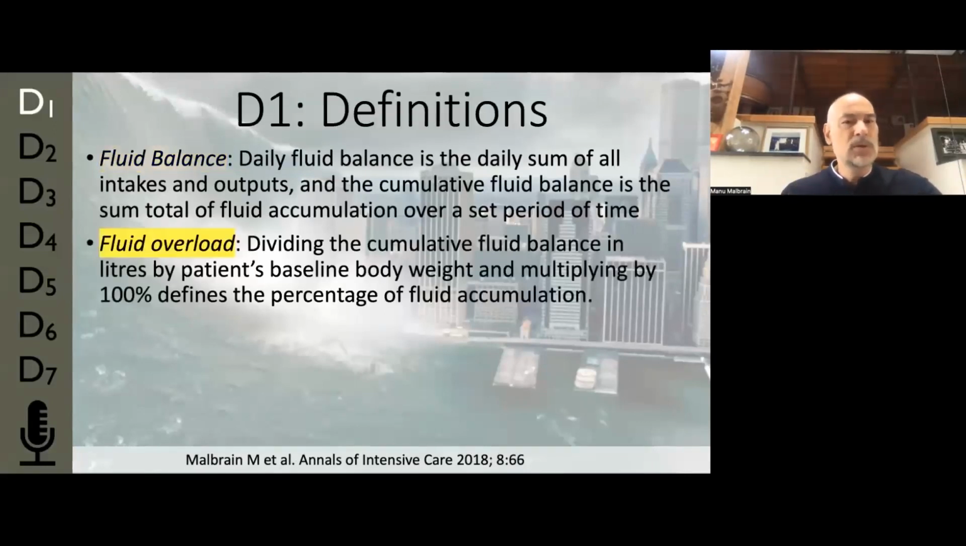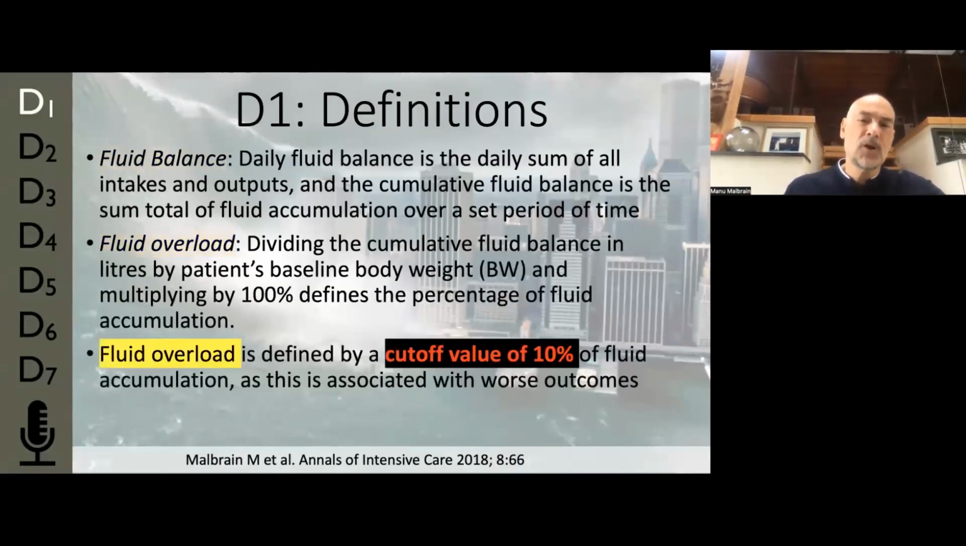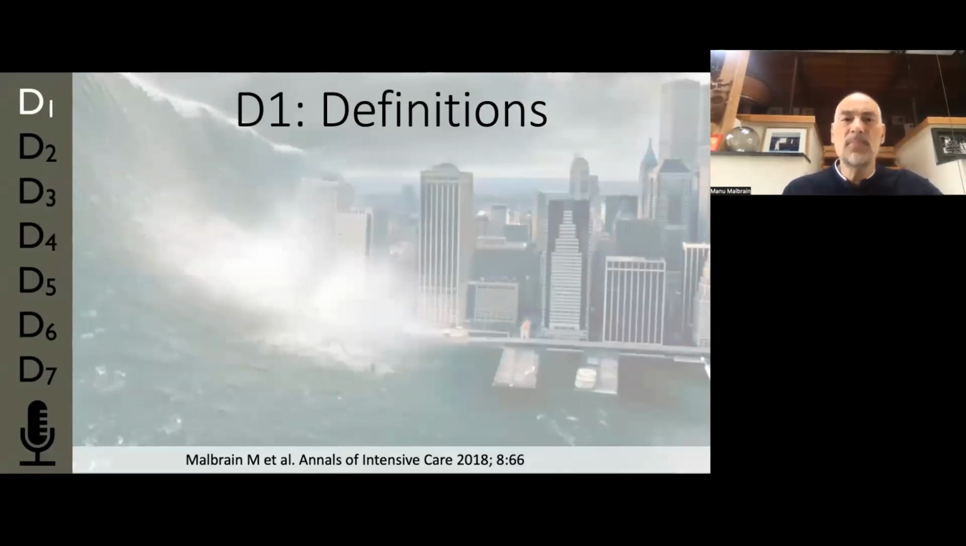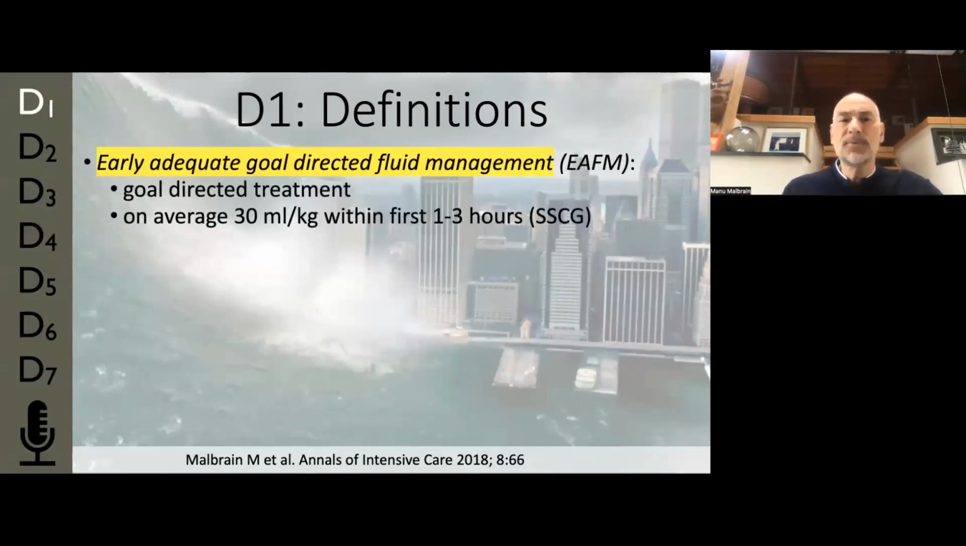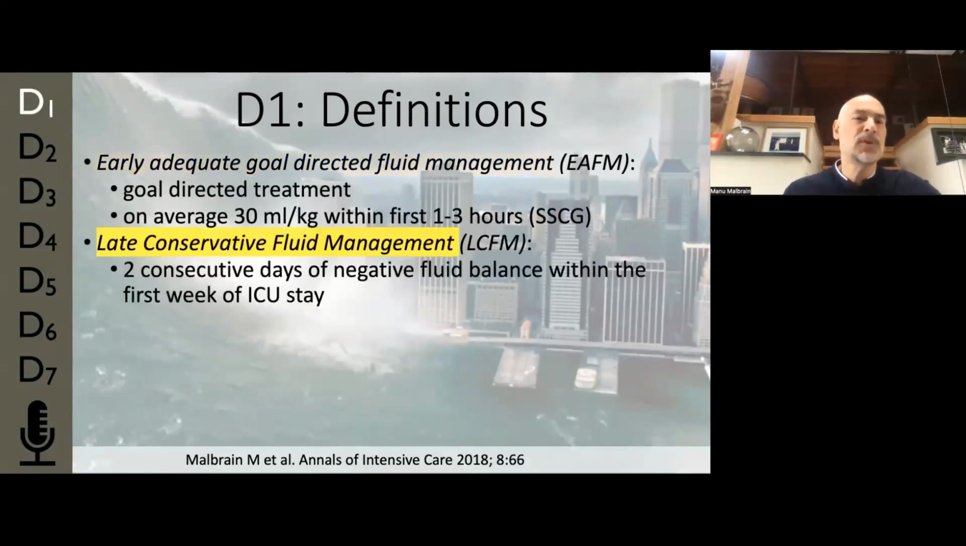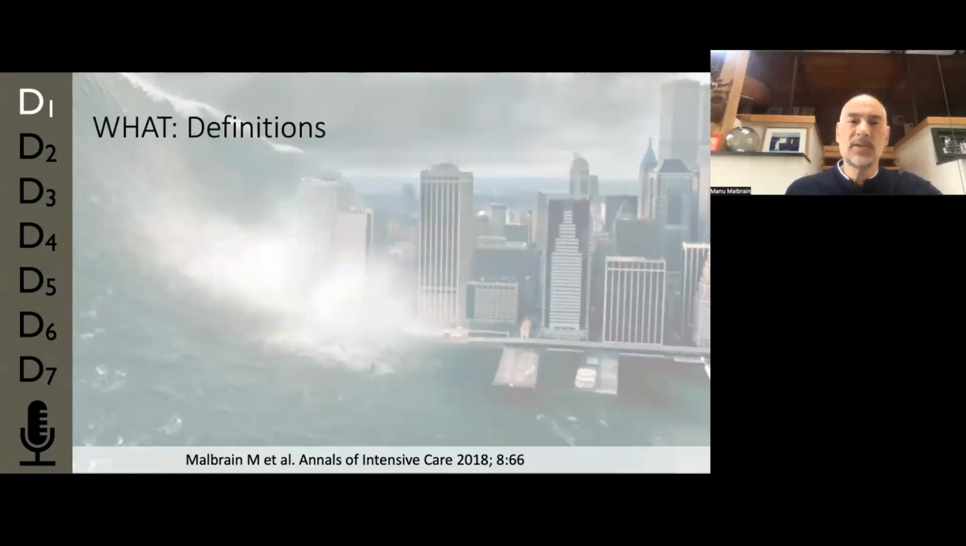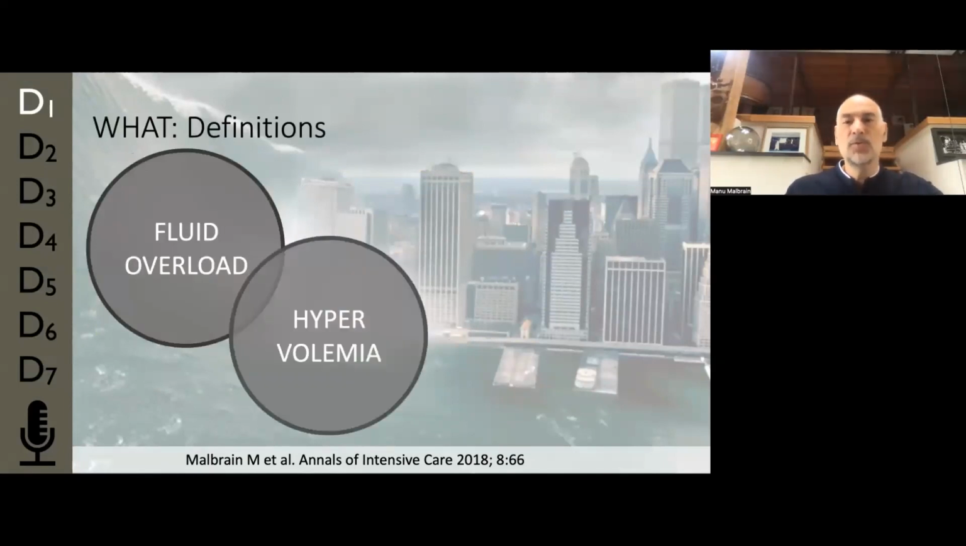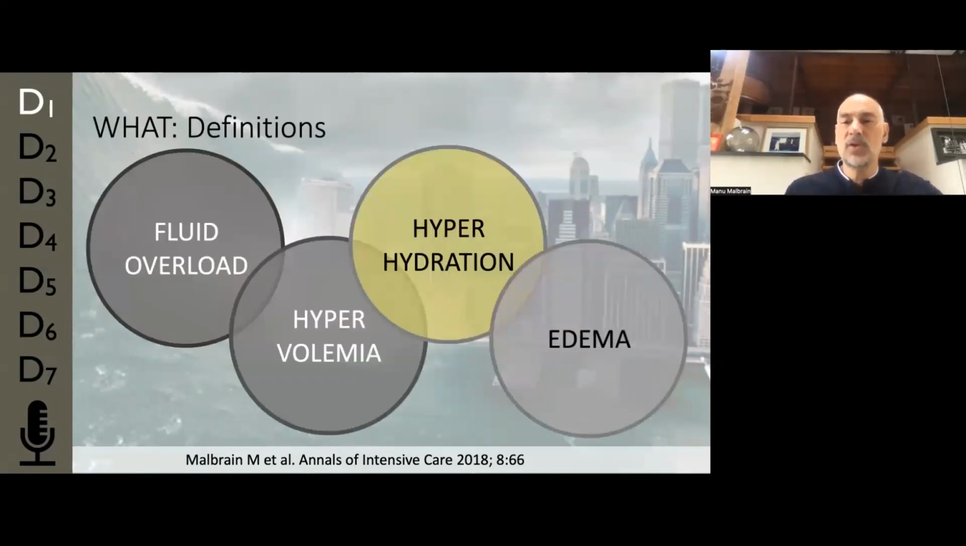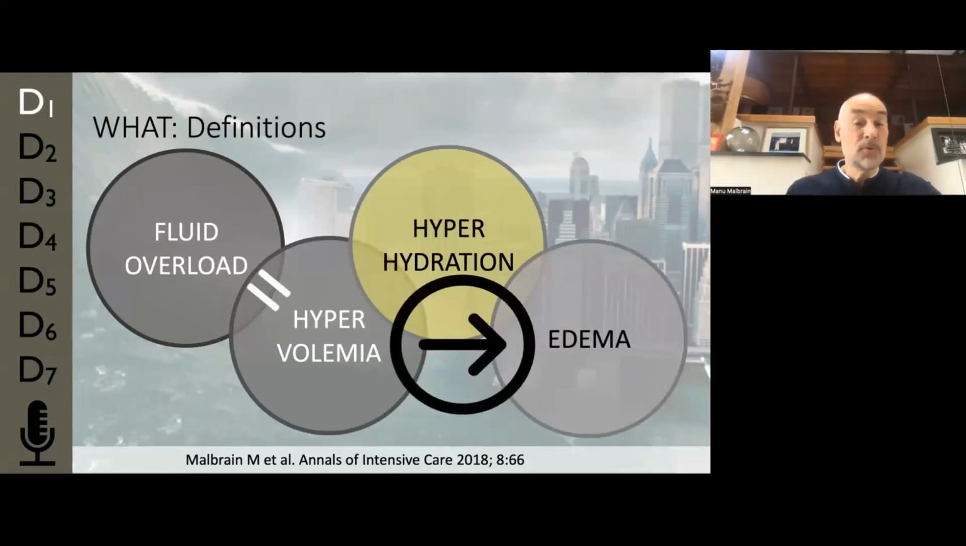Fluid overload is an old definition that is used to define a cutoff value of 10% of fluid accumulation from the patient's baseline body weight. And we have early adequate goal-directed fluid management, which we refer to in sepsis guidelines, the 30 ml per kilo within the first 1-3 hours. Late conservative fluid management is 2 consecutive days of negative fluid balances, and then late goal-directed fluid removal, and this is referred to as de-resuscitation. While fluid overload is accompanied by hypervolemia, hyperhydration, and peripheral edema, hypervolemia will lead to peripheral edema,